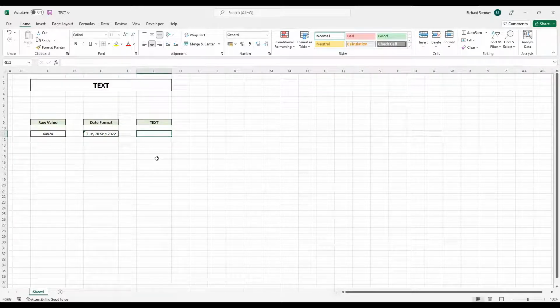Whereas if I want to convert it to text, Excel won't recognize it as a date. I'm just going to use this as an example so I can show you, but you might want to do this with all sorts of things. You can do it with monetary values and other things as well. So if I say TEXT,